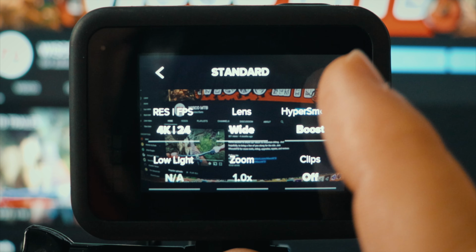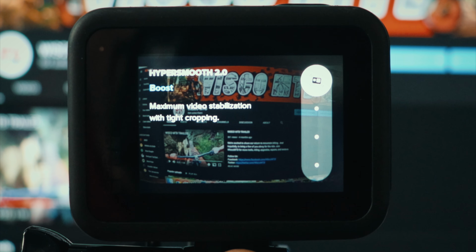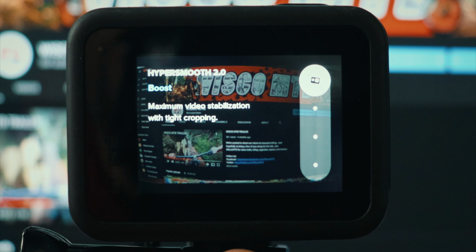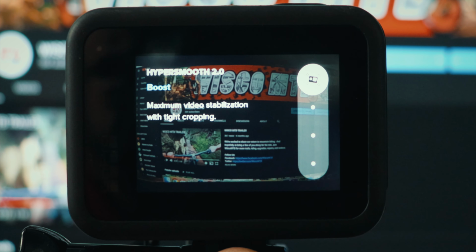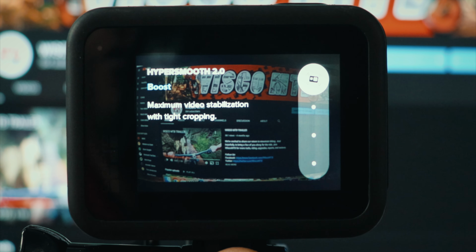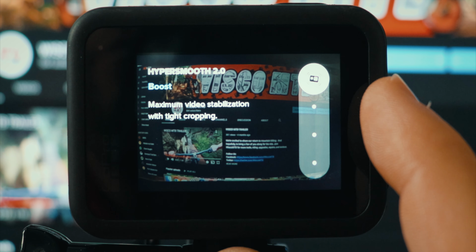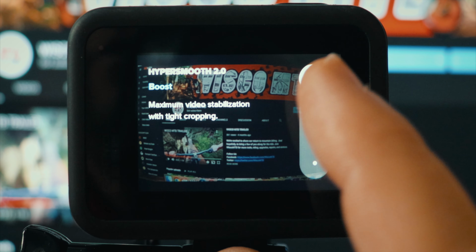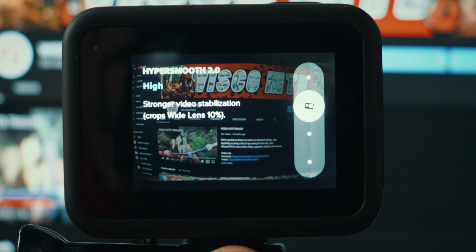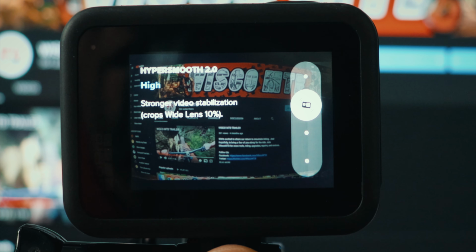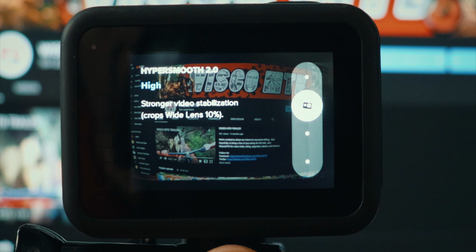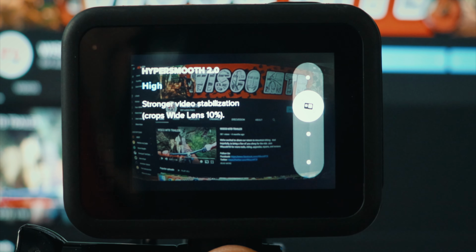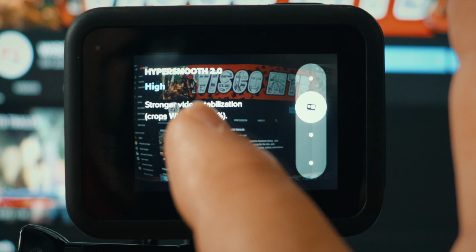After that, you've got your HyperSmooth. A lot of people like to put this on boost, but it does tend to add a lot of cropping to the video. This is where the differences can be between the 8 and the 9. You're going to have to mess with that to see what you like best. I tend to put it on the high setting for the 8, and that works really well. It does crop the video a little bit, but it still works really well for what you're going to see